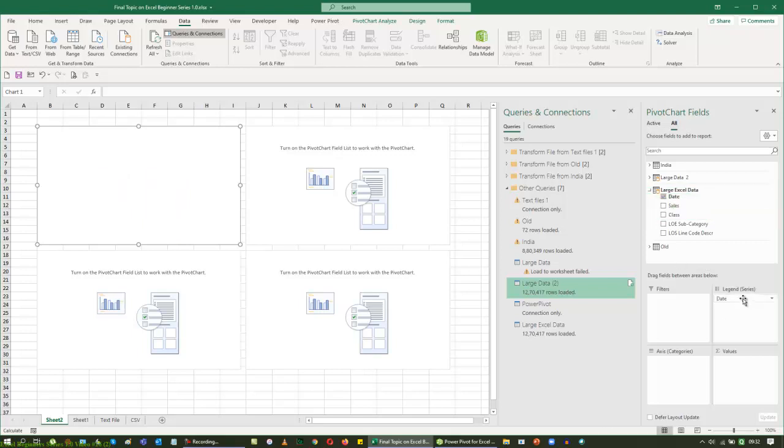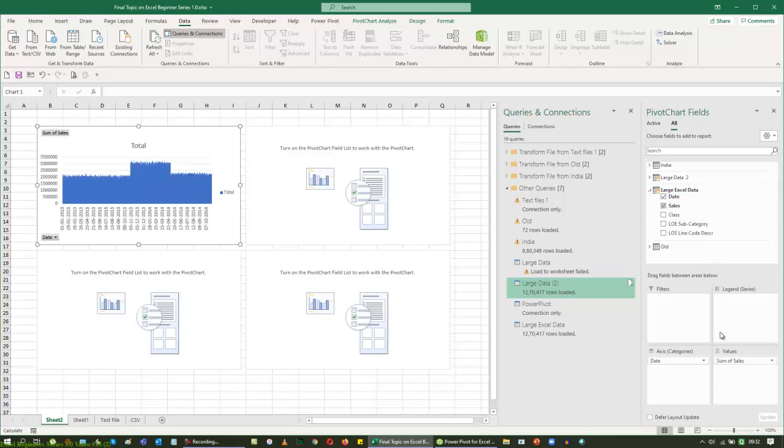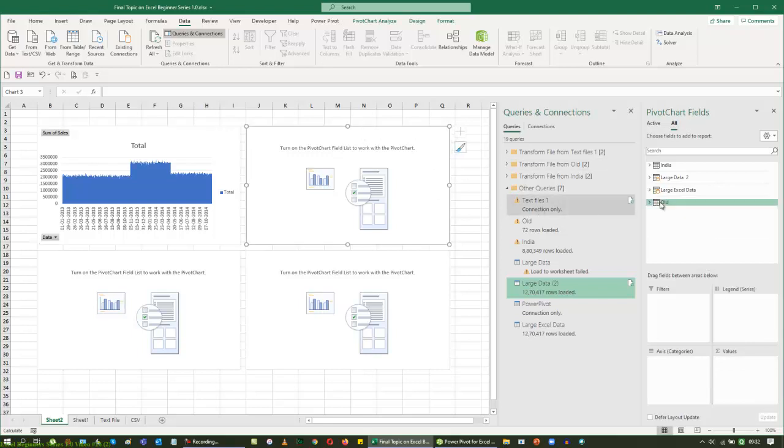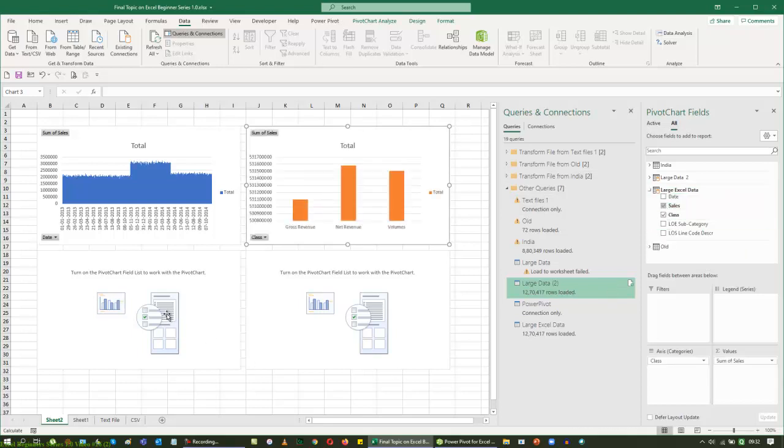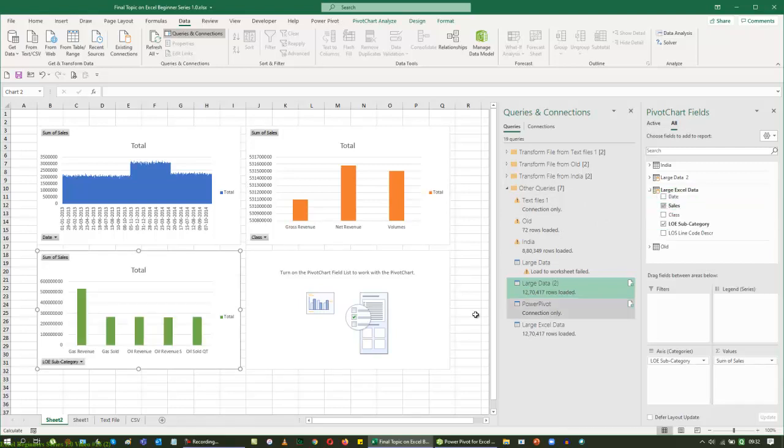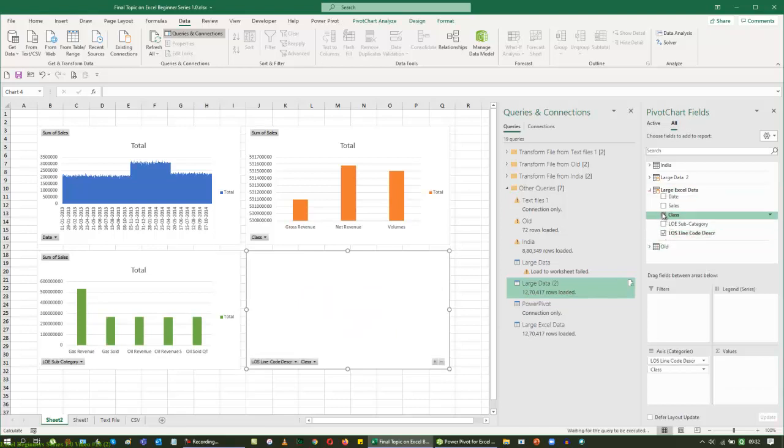You can see that it goes to a legend series. Just drag it to a list. Click at the sales, then it has to come to the value and it's going to show you a sum. If it shows the sum, then you are answered because we have changed all the data type earlier. Then I can jump to the next part, go back to the larger data and the class by sales. Next to the data, go to the larger data Excel and then category wise sales, and finally I'm going to add the large data to the category wise sales.